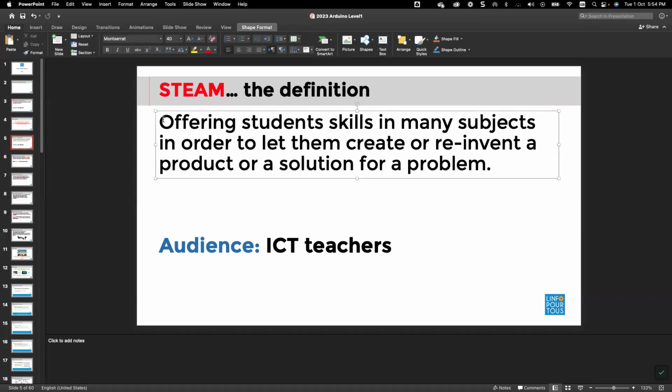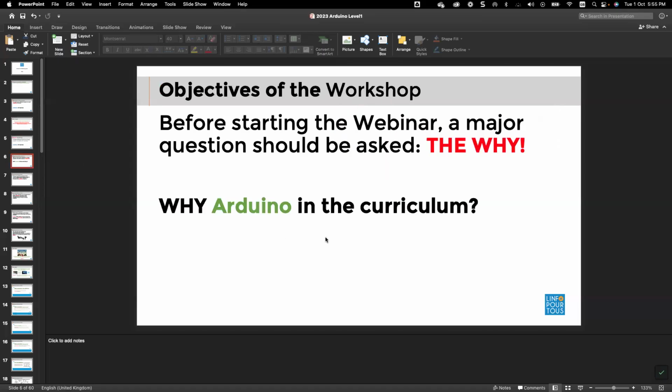I will read it again. It's offering students skills in many subjects in order to let them create or to reinvent a product or a solution for a problem. And from there, we can move forward with this presentation.